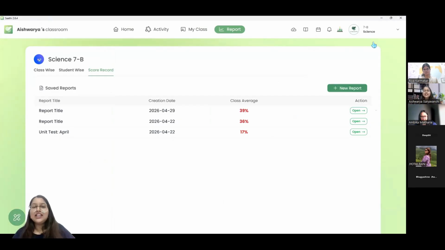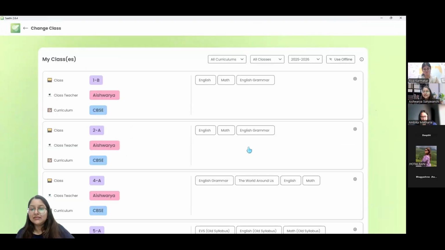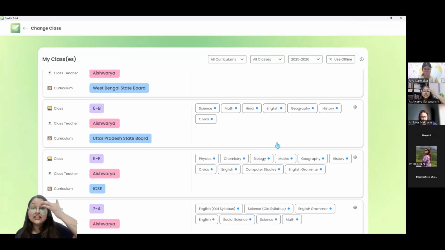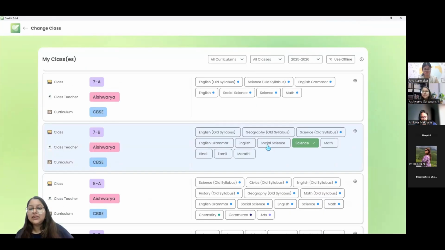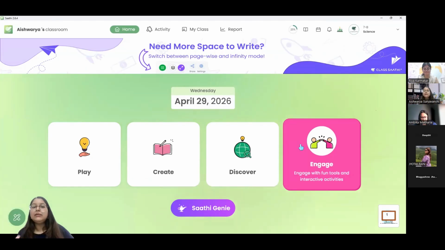So I was saying that we can give you an option to customize the report. Just how you see science subject under your particular class, English, Math, Science, Social Studies are the default subjects. But if you want other subjects which are not part of this existing list, you can just share it with us. We'll get it added in your particular class, like these separate folders. It will give you a separate folder for that subject and it will be blank. You will not have any questions or anything. You can customize your report from there, ma'am. It will be recorded under that particular subject. Okay, thank you, ma'am.